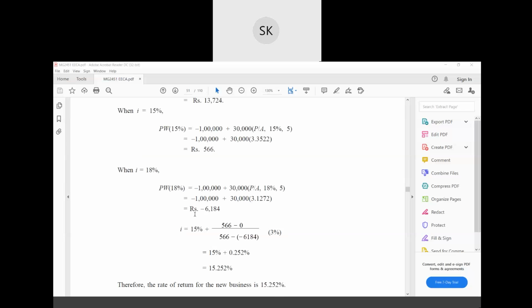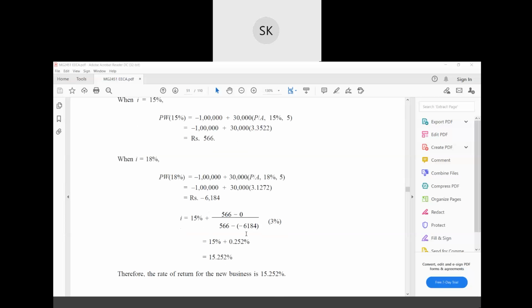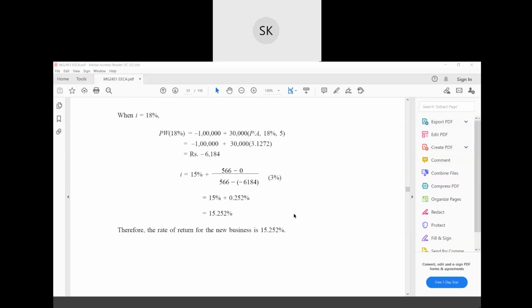Suppose the percentage which is giving you the most rate of return, there may be some digit here. Suppose here it is showing, suppose 50% is giving you high rate of return. So what you have to do, you have to take 15% plus the amount it is giving you, and you have to minus the rate of amount you are getting negative. Then what is the difference in this rate of interest? So they have multiplied with that rate, and this is the new rate of return for its new business.